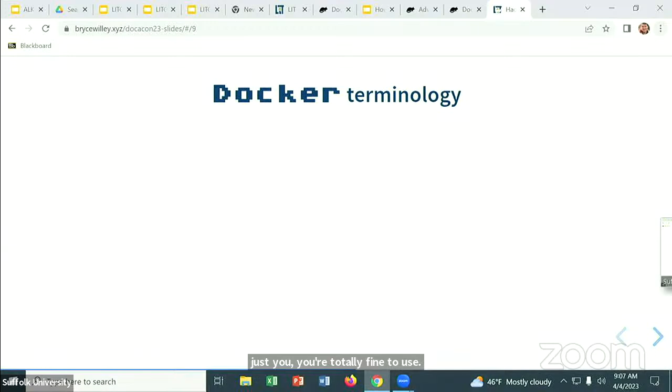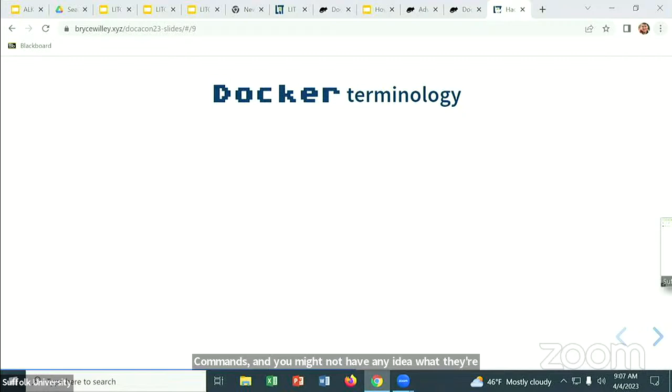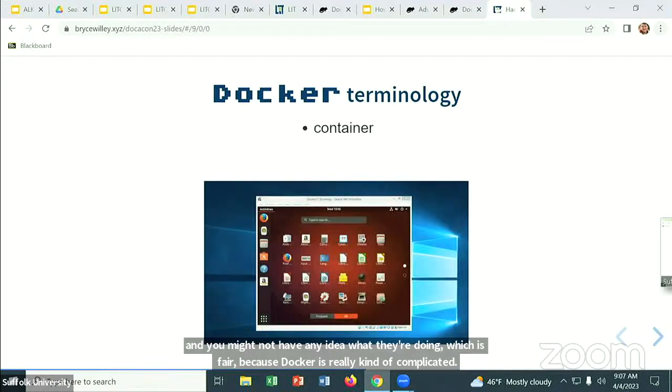So what even is Docker? If you've ever run docassemble, you've probably run some of these commands and you might not have any idea what they're doing, which is fair because Docker is really kind of complicated. But we can break it down, and we'll start off with just knowing that Docker is